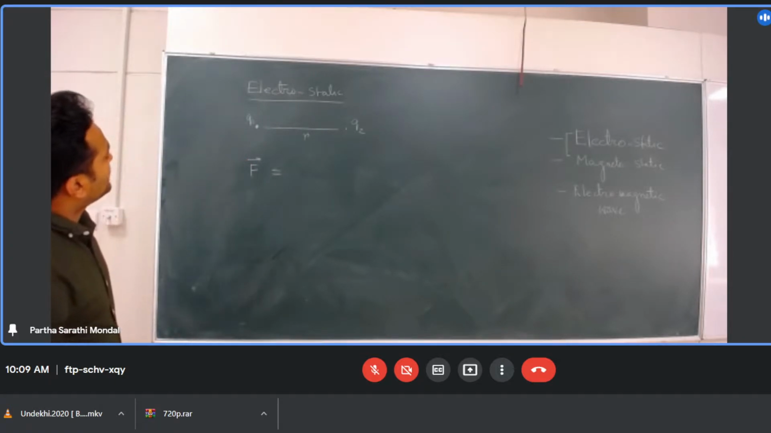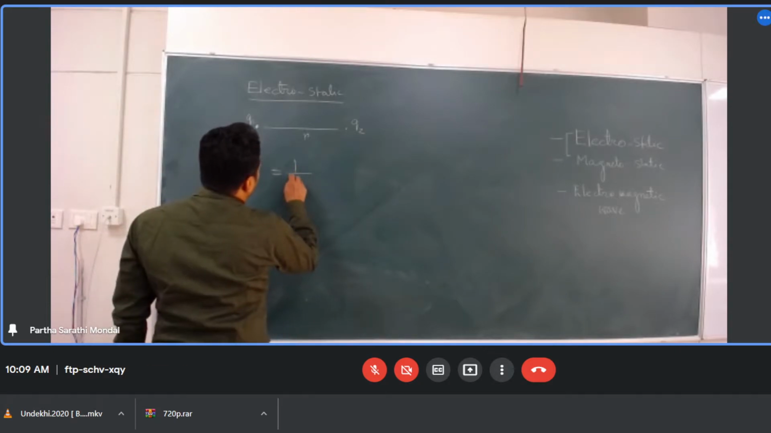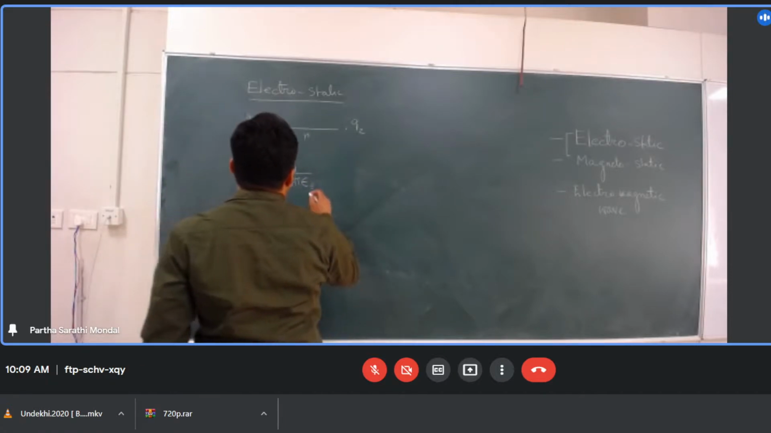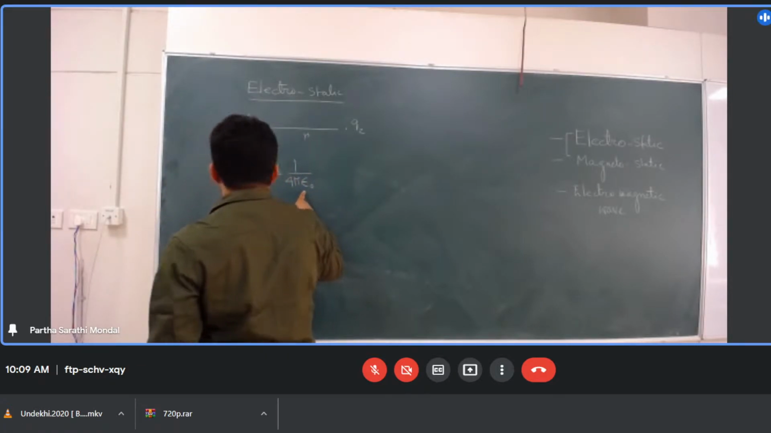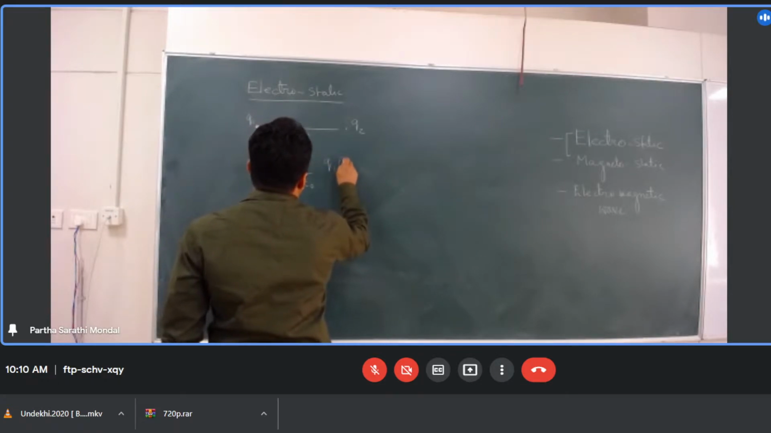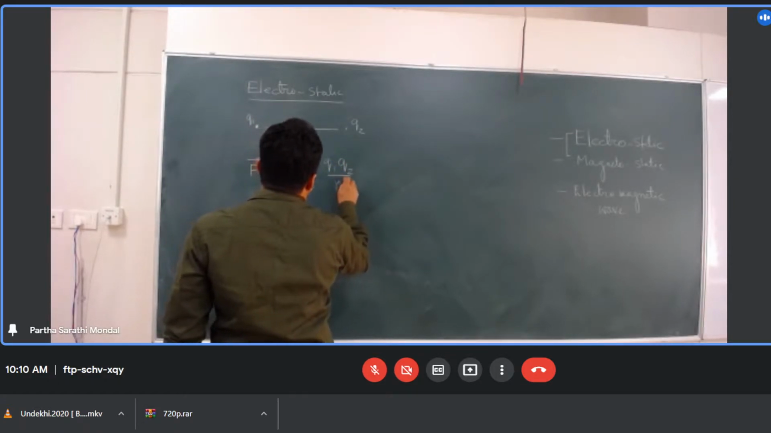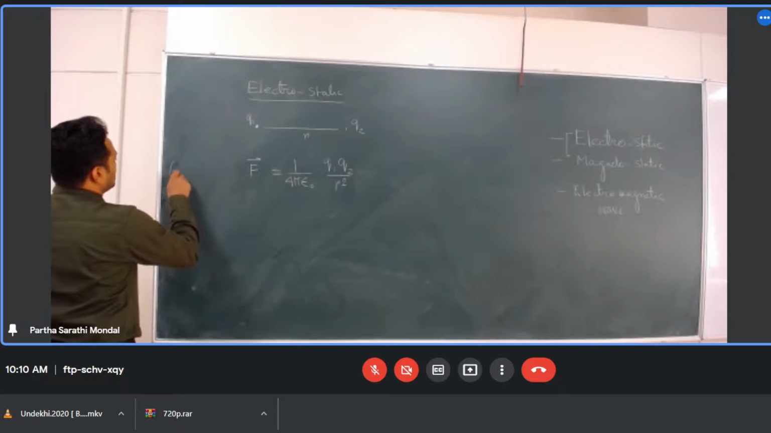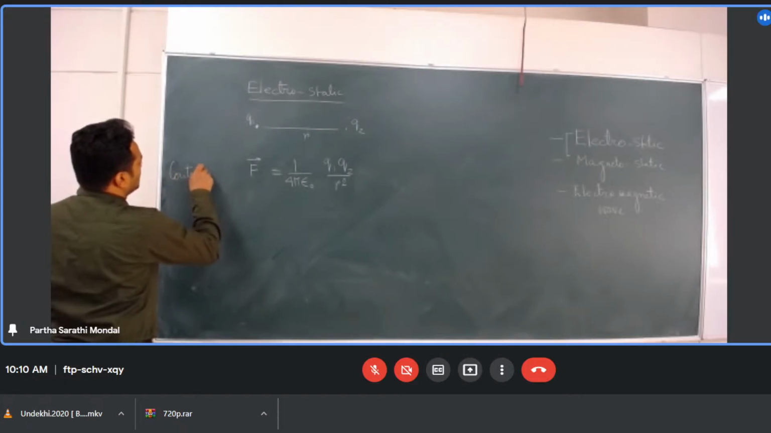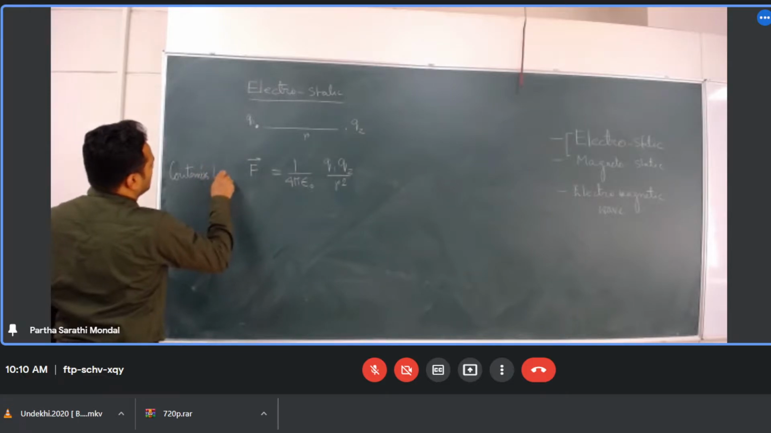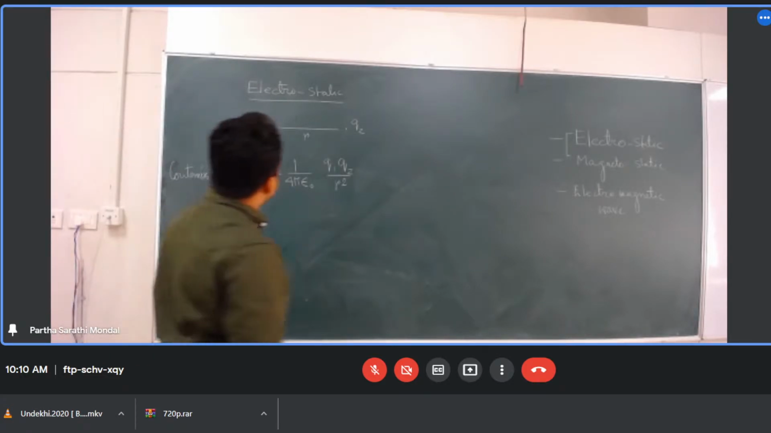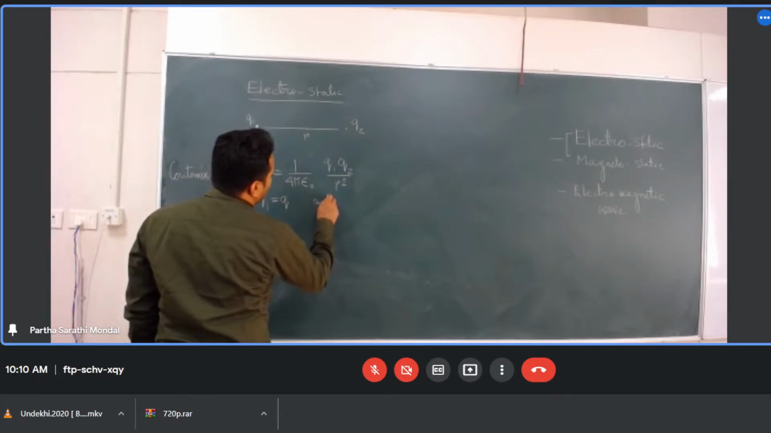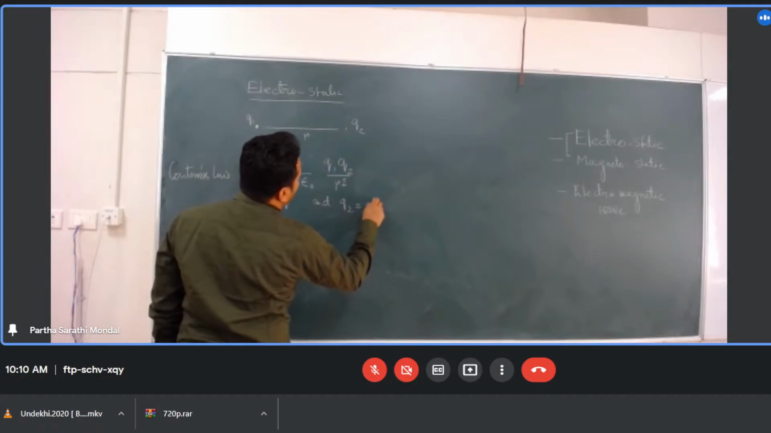because of their mutual interaction. It is given by one constant which is 4 pi epsilon 0, where epsilon 0 is the permittivity of the vacuum. We know that Q1 Q2 by r square. This is what we know. This is called Coulomb's law. So now if I say that Q1 equal to Q and Q2 equal to plus 1 or plus unit